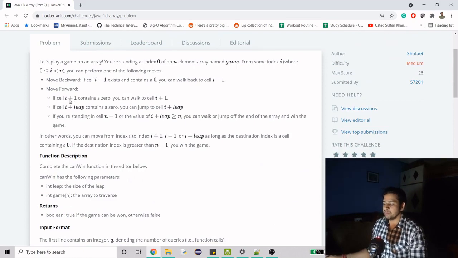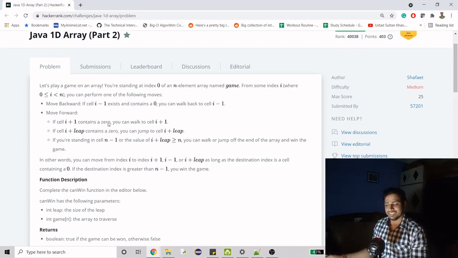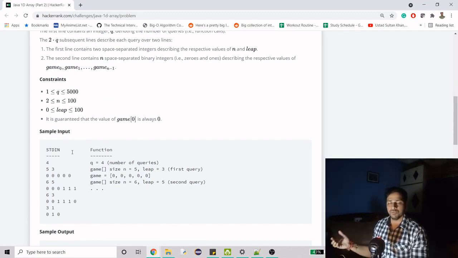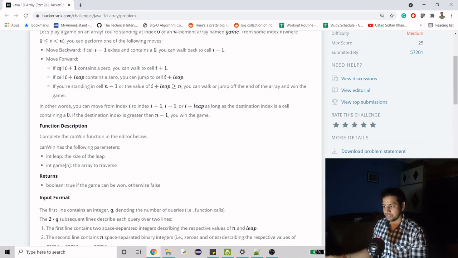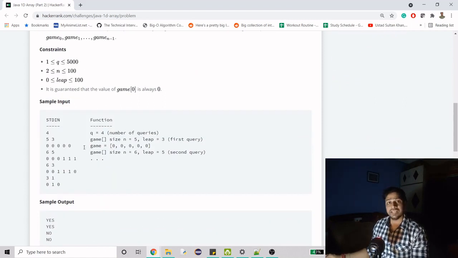So here we have a game in which we can move forward one step, we can move backwards one step, and then we can leap a certain step that they have given us as 3 in this example, right? So considering we can move forward or backwards, we can only move backwards or forward or leap if the number on which we are leaping is equal to 0, otherwise we cannot. Here they have specified that. So in case we are jumping over the array maximum capacity, that means that we have won the game, otherwise we have not.